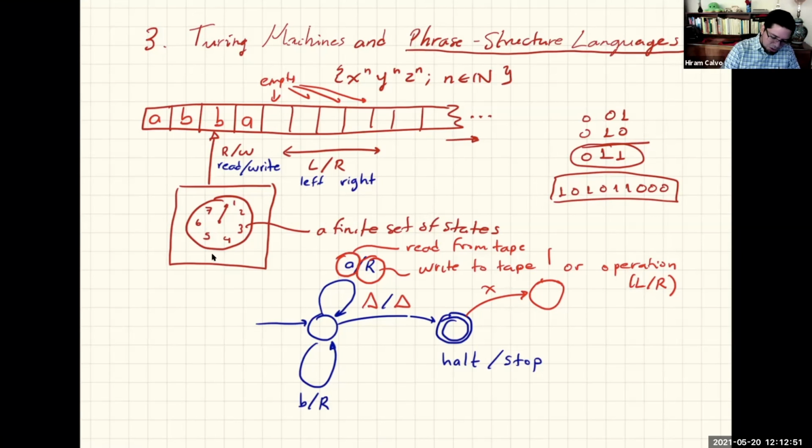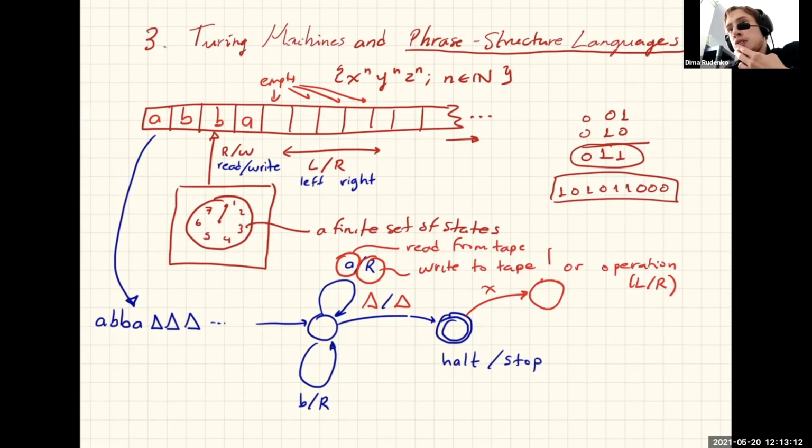So if you want to write this string without drawing the tape, you can write A, B, B, A, and then a set of triangles, which mean they are empty cells. Okay, so far, I think everything is clear, right? The only question is, we cannot, for example, write some symbol and immediately move to the other cell. No, you're right, Dima, because either we move to the right or we write a symbol. If we want to do both, then we would need two